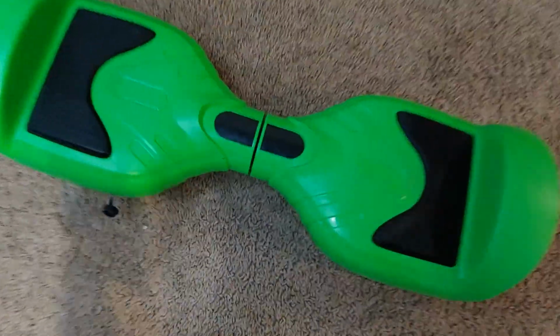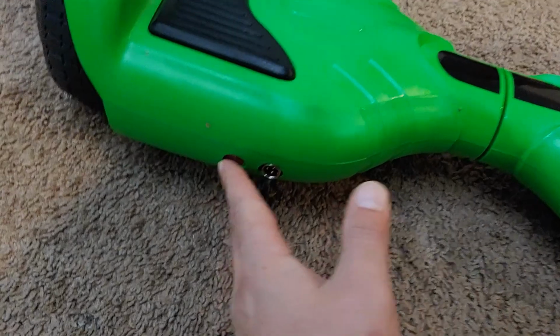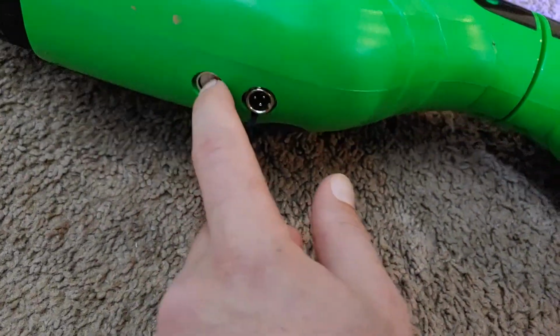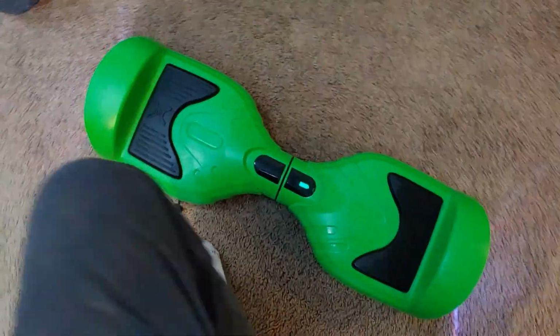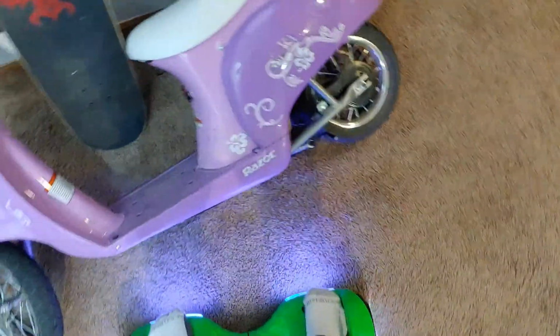Okay, how to turn on the X rocket, the whatever it's called, rocket. So first we're going to look for the button down here, make sure it's charged up, press that button. It'll beep and a light will come on, and then it is on. Now you step on and you can move